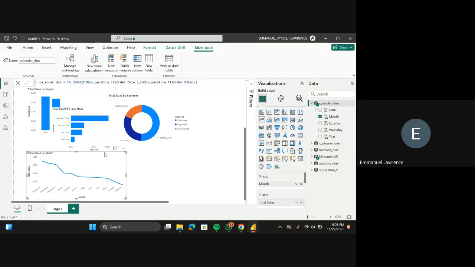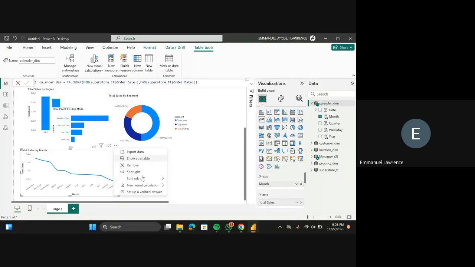I'm going to sort this in ascending order. I'm going to be sorting the month, in ascending order. Once I sort in ascending order, Power BI is sorting this month in ascending order based on the way they appear in the alphabet. Then we have A, then followed by D, followed by F. The last one is September.